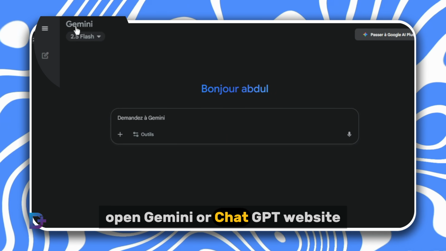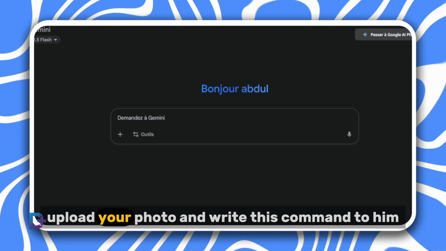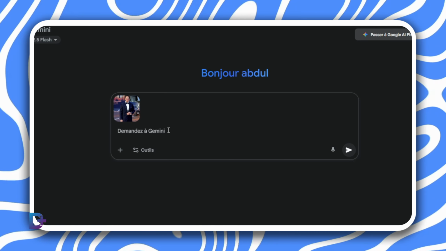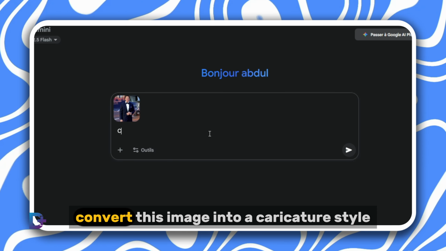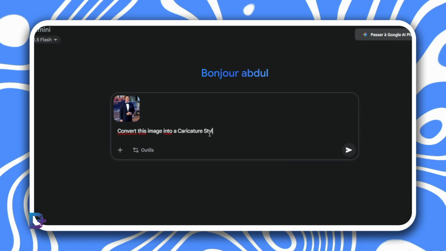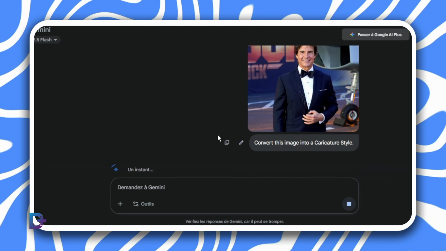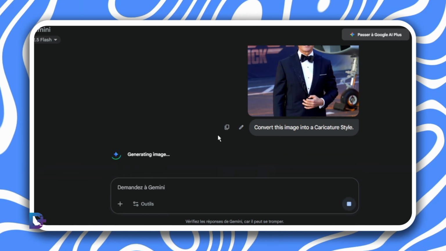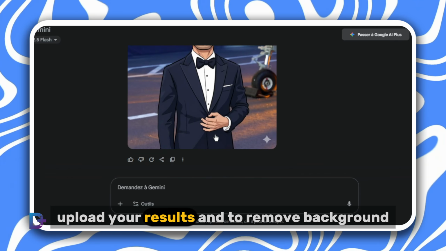Open Gemini or ChatGPT website, upload your photo, and write this command to him. Convert this image into a caricature style. Upload your results,